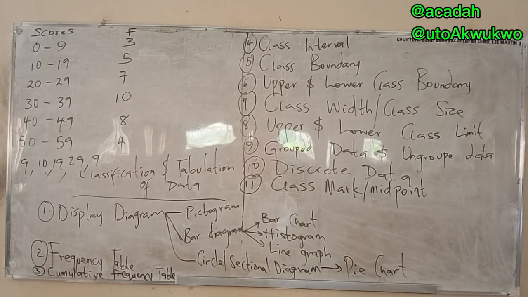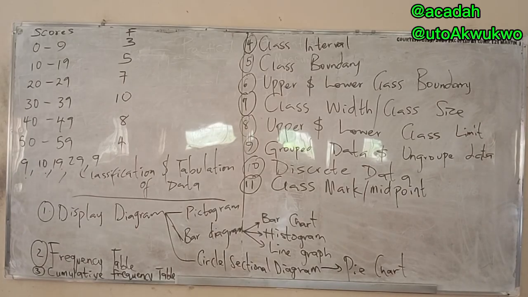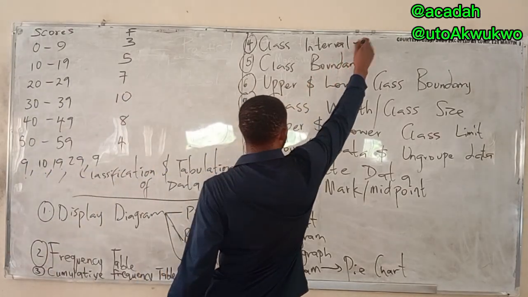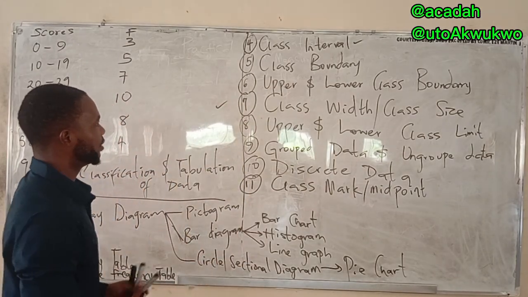And in such a case, we say it's grouped data. It can be different sometimes. The case here is different. We call it discrete data. We'll get here. So notes, write it in your notebook. Class interval is the difference between two successive upper class boundaries. That's class interval. So we've treated class interval, and class width or class size, which is simply the difference between upper limit and lower limit.